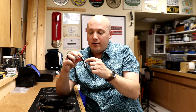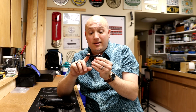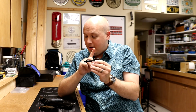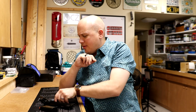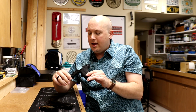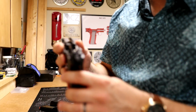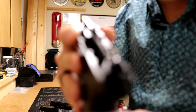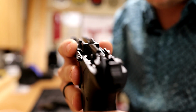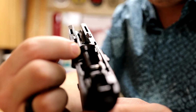It has a couple of little metal parts that are molded into it to the side, but the majority of this is plastic. I think this should be all metal if they were going to use the locking block system like this. Another thing that I did notice, and this may not come across on camera and I may have to put in some photos individually, and I'll do that right now if I need to, but when it comes to the feed ramp on this gun, and let me see if I can get this in focus. I might be able to. There it goes. Okay, so the feed ramp of this is mainly metal, which is what you would want,